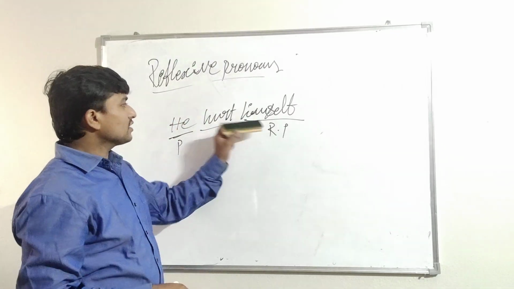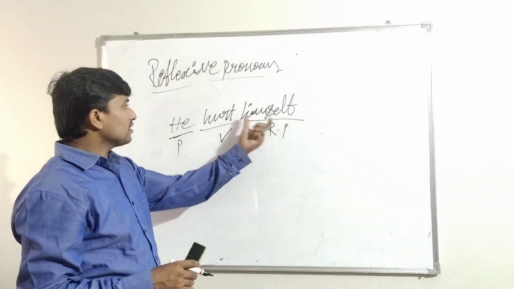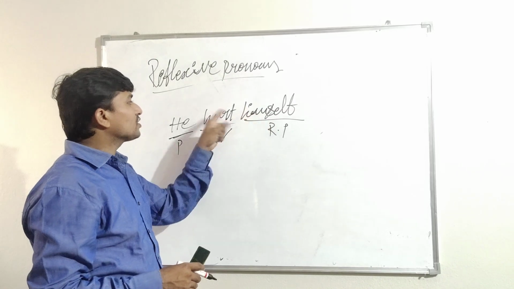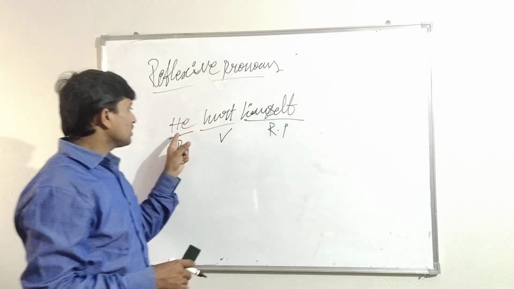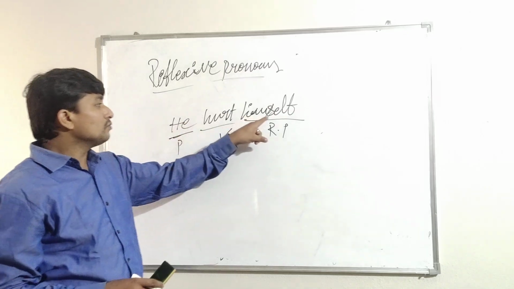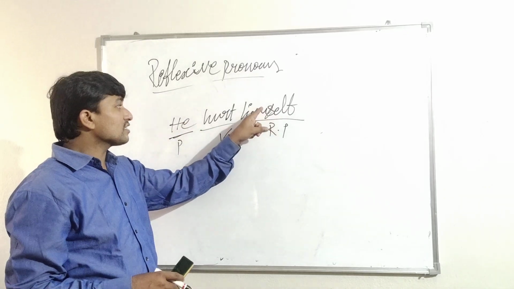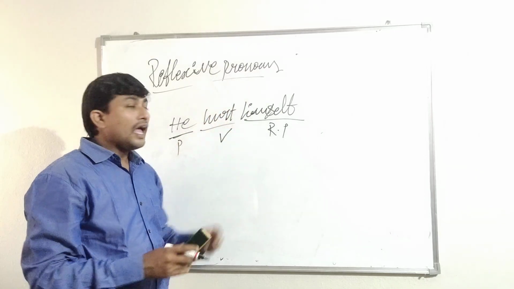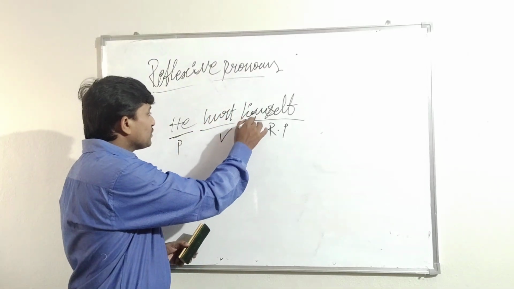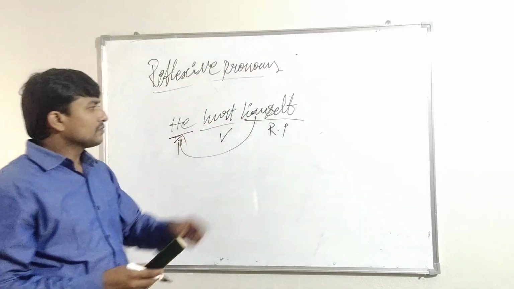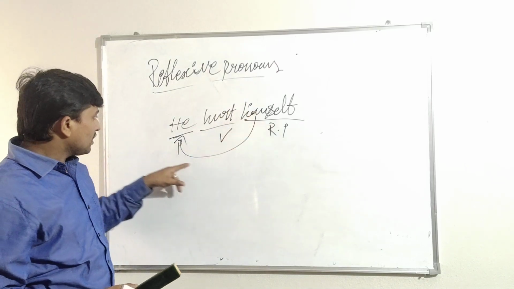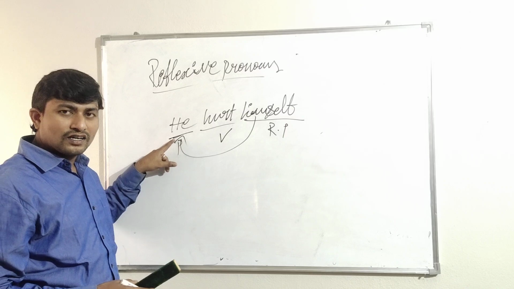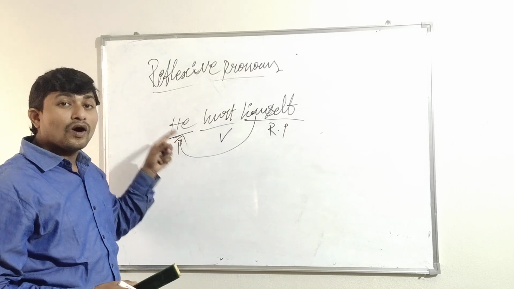What is that? He hurt himself. See here, the himself is an object of the verb. This is not the subject of the verb. Here he is the subject of the verb, and himself is placed as the object of the verb. And see, it refers to the person. Himself is an object of the verb and it refers to the same person or thing which shows what the